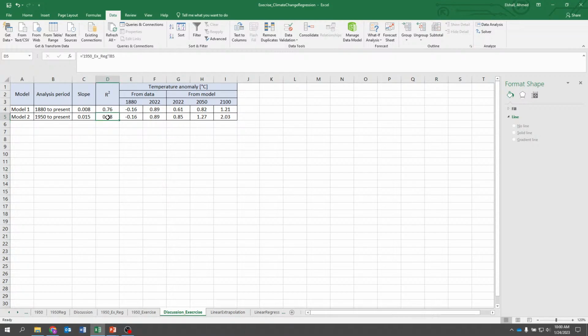now you are not considering two slopes. And you see, if I use the full data set, the end of century projection would be 1.2, versus if I use only the most recent trends, the end of century projection would be 2. And this shows you how this regression analysis